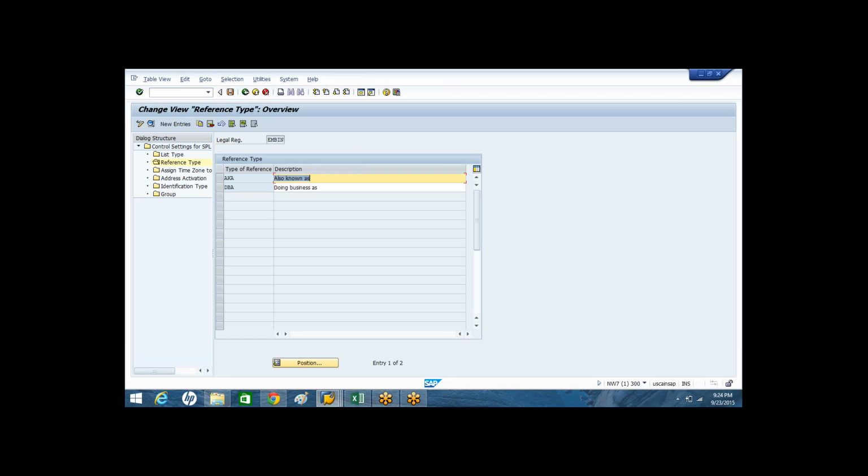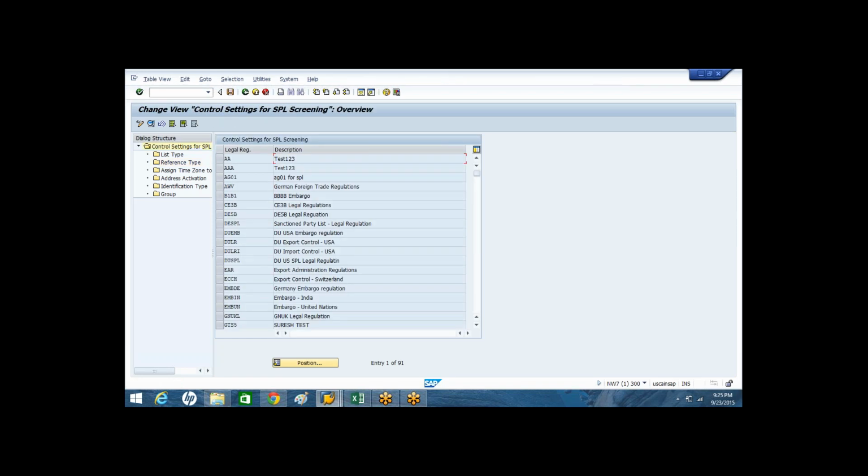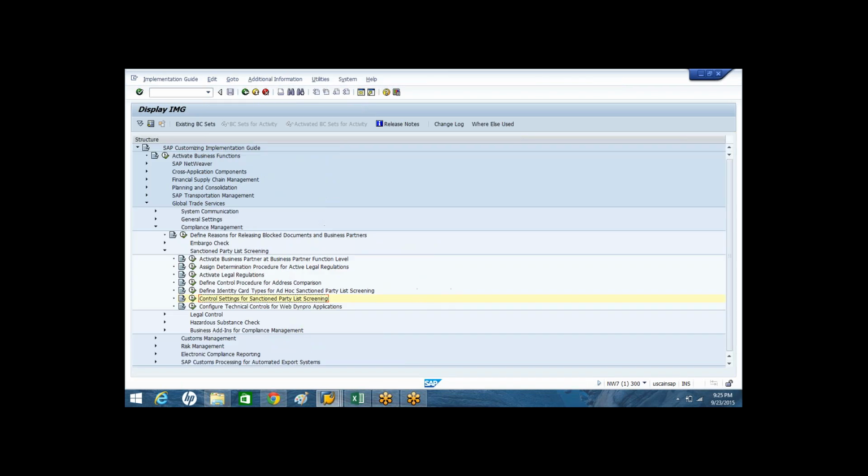Let me repeat one more time all the configurations you have to consider: assigning the determination procedure for active legal regulation, then activating the legal regulation, then defining the control procedure for address comparison, and finally defining control settings for the SPL screening process at the legal regulation level. So these are the configuration control settings we have to consider for SPL screening.